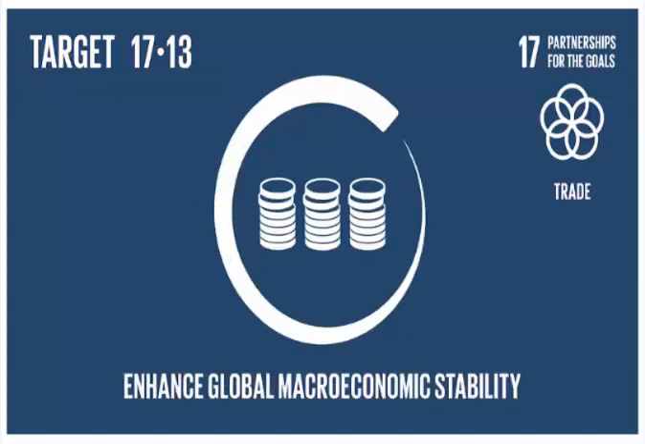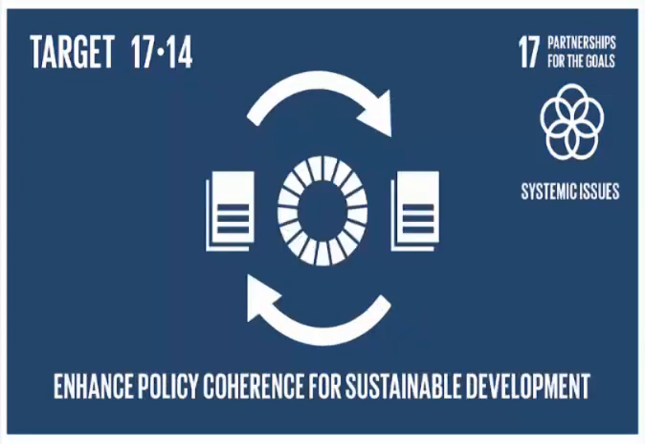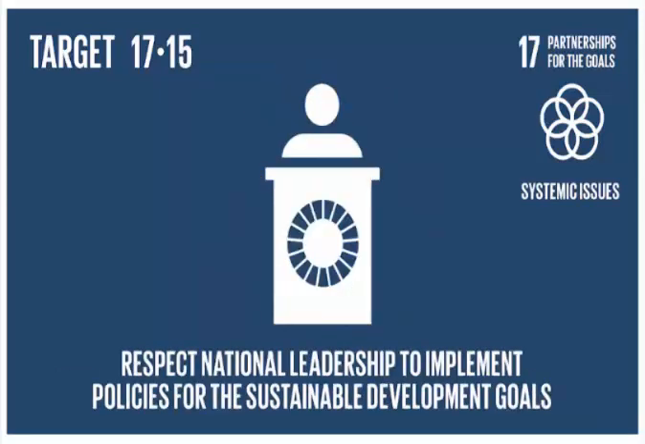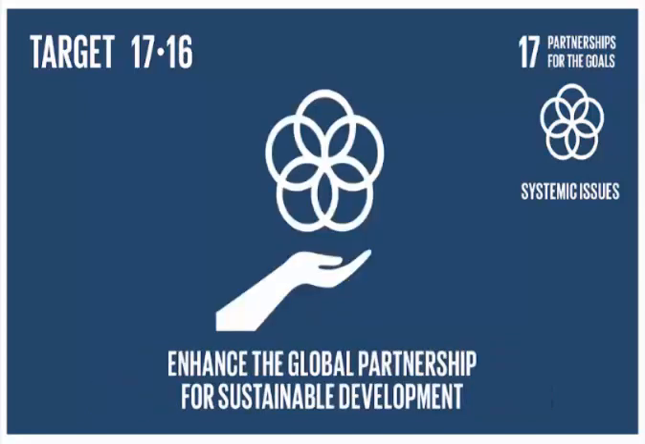Target number 13. Enhance global macroeconomic stability, including through policy coordination and policy coherence. Target number 14. Enhance policy coherence for sustainable development. Target number 15. Respect each country's policy space and leadership to establish and implement policies for poverty eradication and sustainable development. Target number 16. Enhance the global partnerships for sustainable development, complemented by multi-stakeholder partnerships that mobilize and share knowledge,